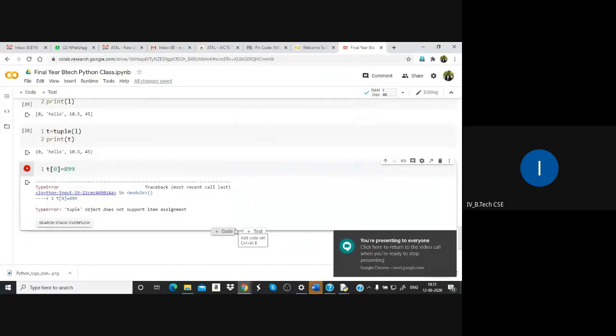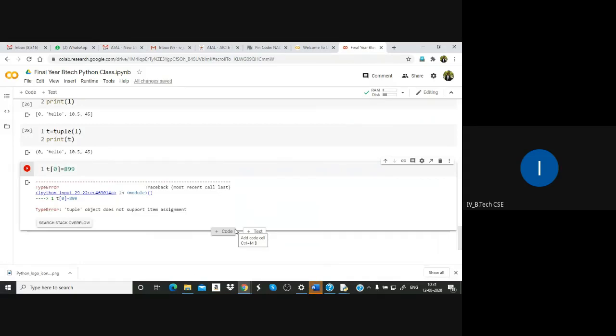If you try to modify an item in a tuple, that is not possible. If you assign something, it does not accept it. Why? Because it is a constant one.